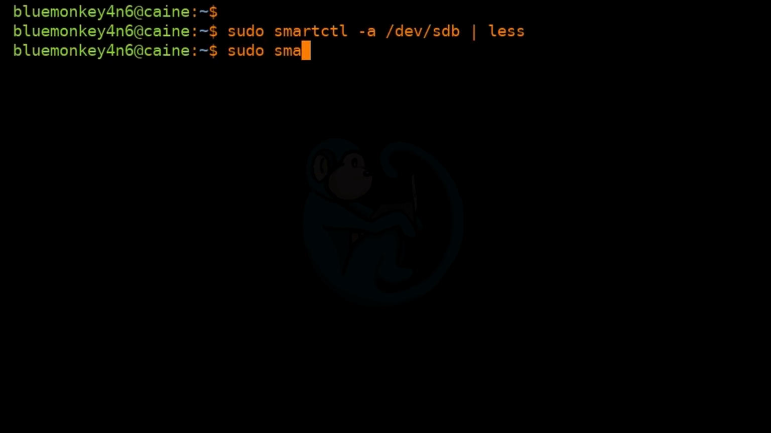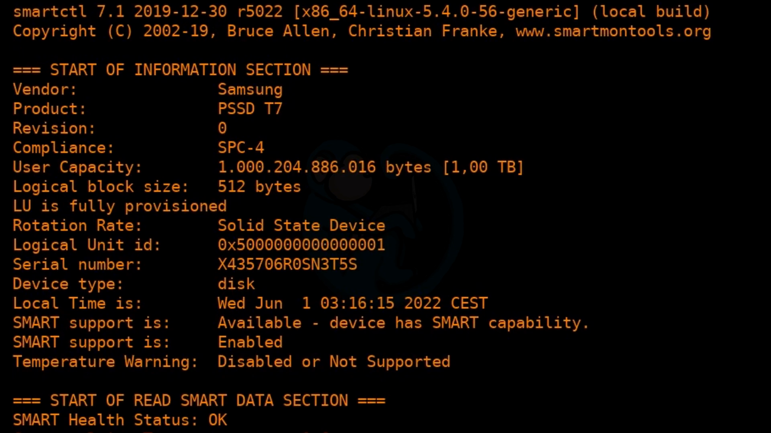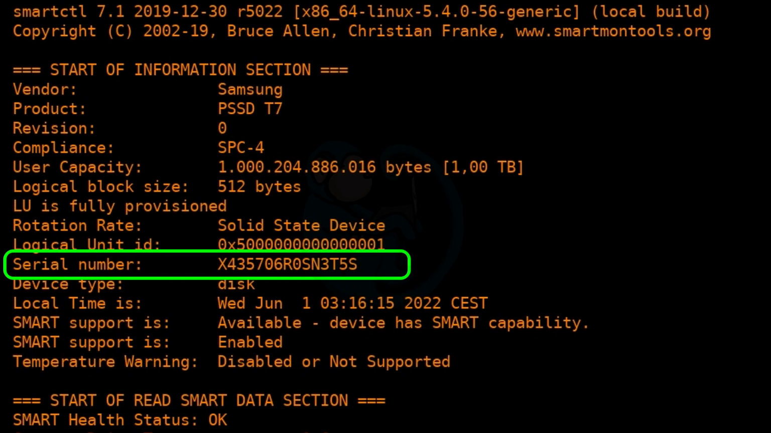So we're going to go ahead and do smartctl again, and this time we're going to add the -d option and specify SCSI, because this is adhering to the SCSI protocol. And this time we are greeted with a serial number of